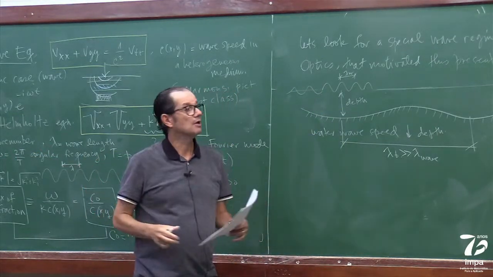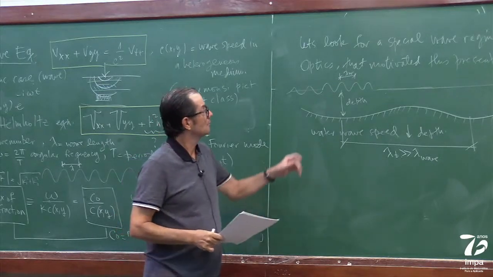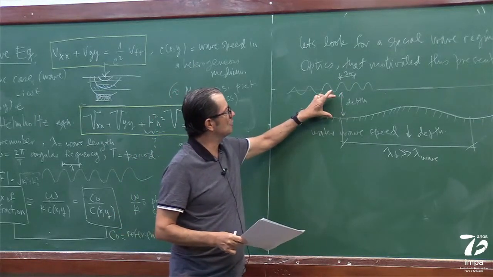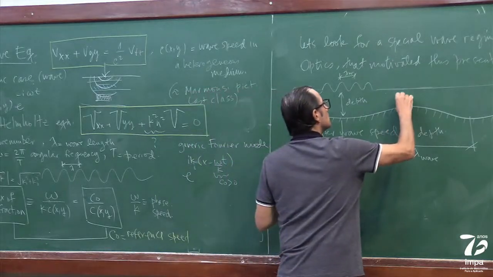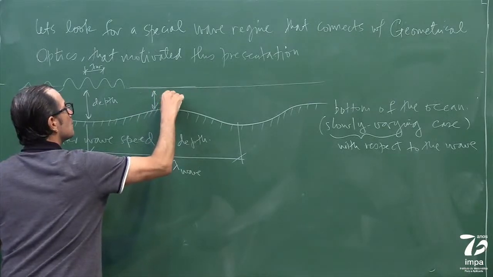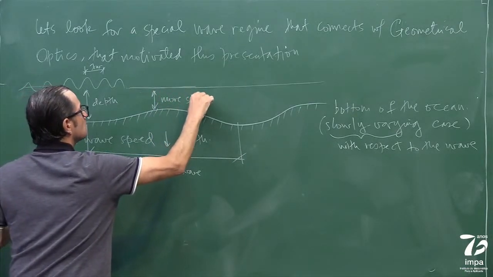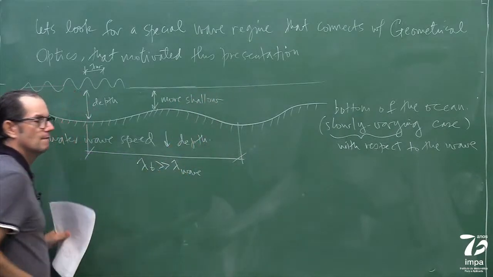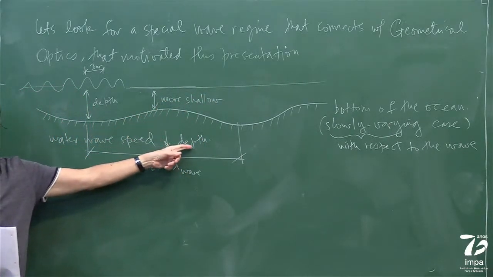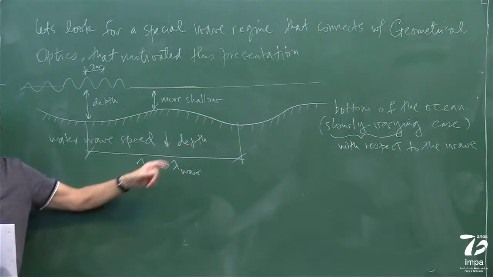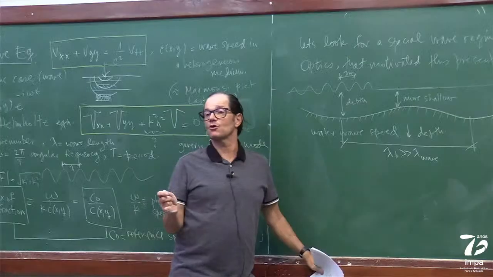Let's think of it everywhere, but I'm drawing it in pieces. So if it has this speed over this deep region, here, it's more shallow. So since here it's more shallow, the speed is going to go down, we should have what's called a